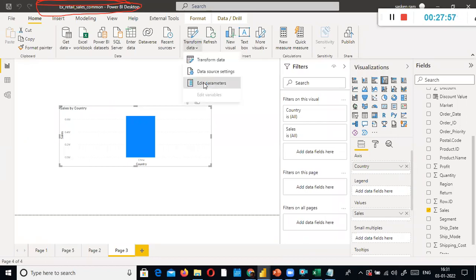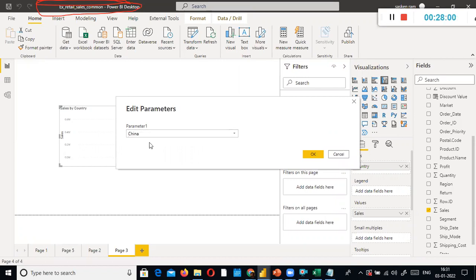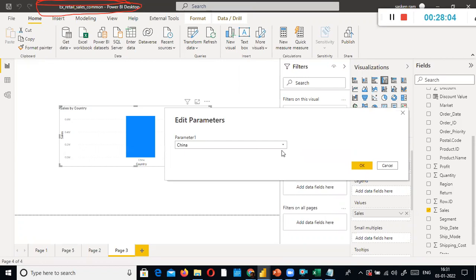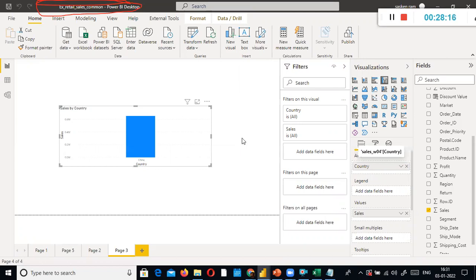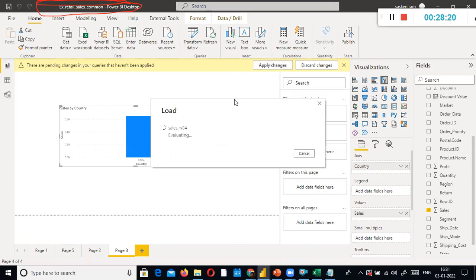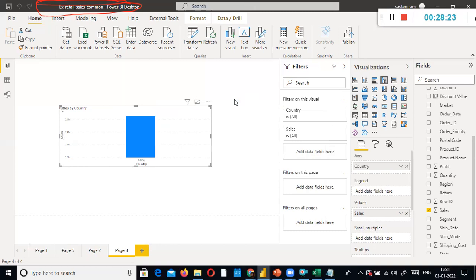In edit parameters, when I select this, they are allowed to view the sales performance related to China, United States or Australia. That's it. Now the default is China. If I want to view the Australia sales, I just select it. So this is another way of restricting users to view only a specific country, region or state.